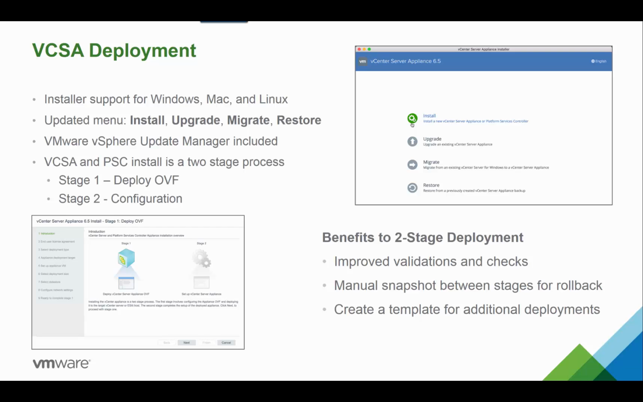Once stage 1 is complete, customers can also now take a snapshot of the VM and roll back if any mistakes are made in stage 2. So again, making the deployment much simpler and easier to recover from an error, not having to start from scratch. So once you deploy stage 1, you go ahead and take a snapshot, and then you do stage 2. Again, this prevents customers from having to start completely over if anything was to go wrong during the deployment